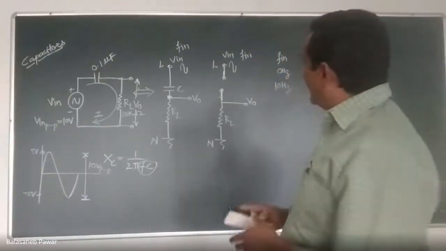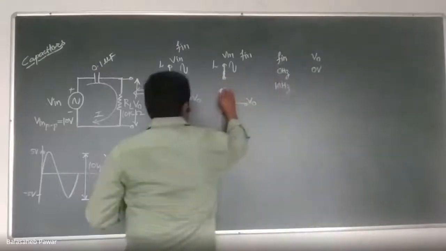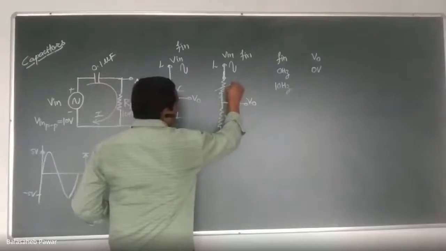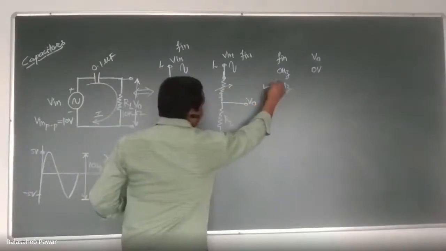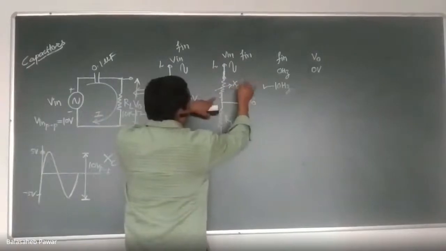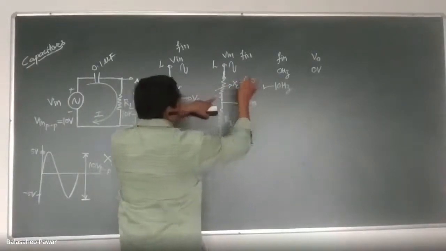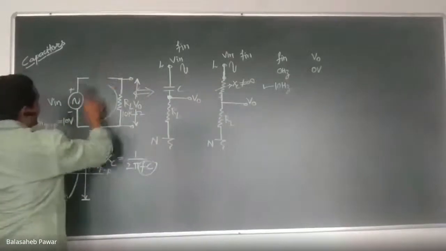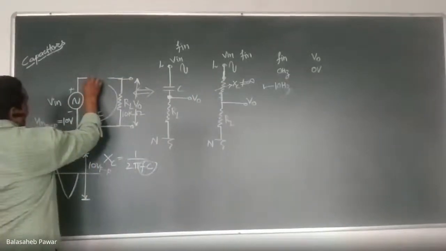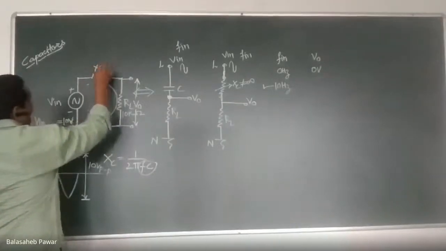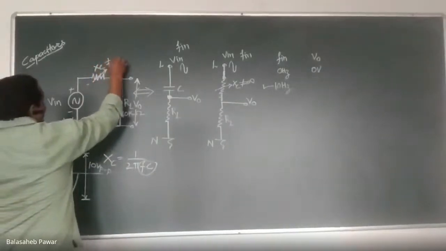The first thing, remember, the reactance offered by this capacitor will not be infinite. Do you agree with this? Yes, sir. In the second case, that is for 10 hertz, the reactance offered by this capacitor will not be equal to infinite. It will be some finite reactance. That means you can check in any one diagram, the reactance offered by this capacitor, that is Xc, will not be equal to infinite now.